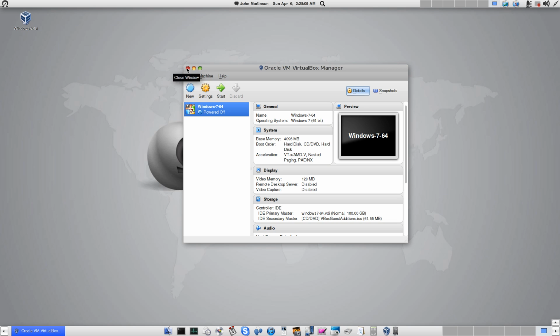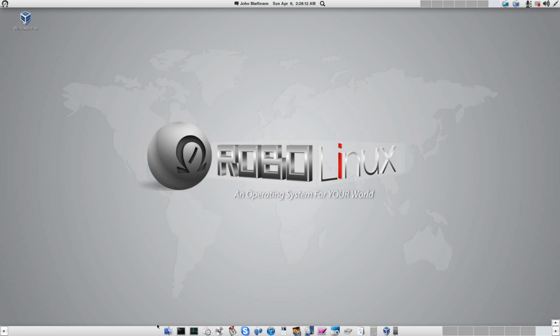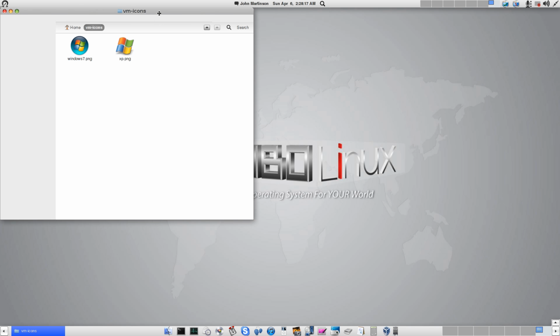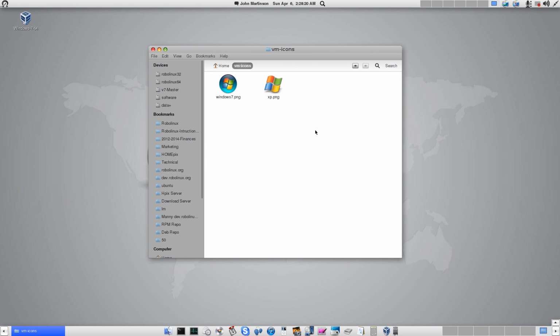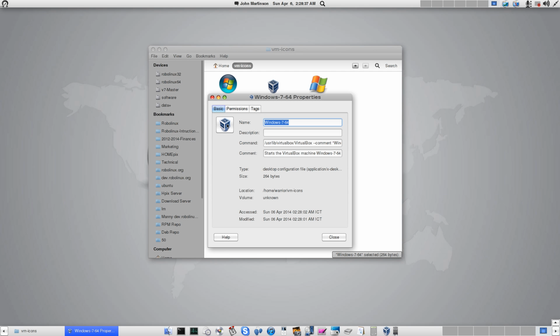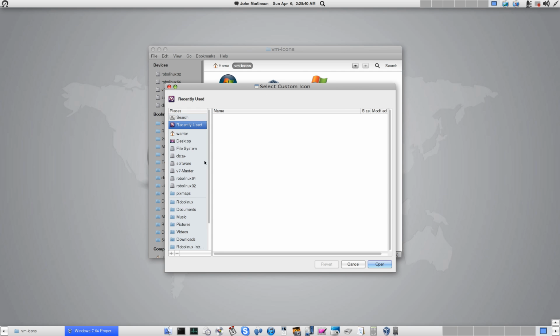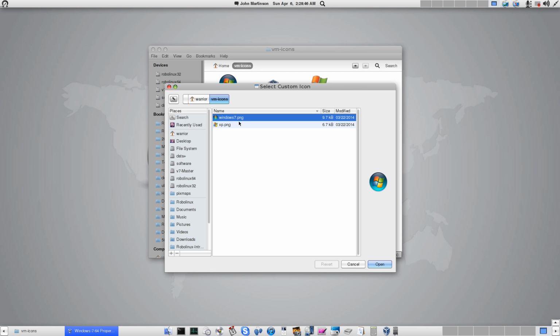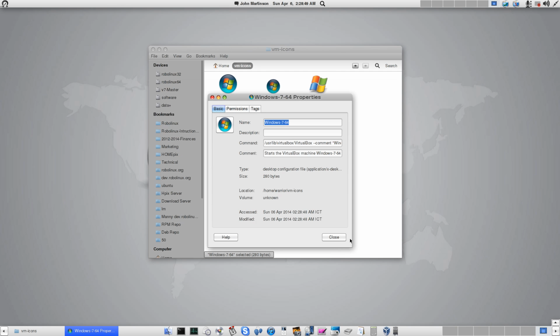So we're going to go ahead and shut down VirtualBox, and we're going to go to our file manager in Linux, and we're going to go to the VM icons folder that Robolinux put there for you during the installation of your Robolinux VM software. So now what we want to do is just drag that shortcut into the VM icons folder and right click it, and we're going to program it by clicking top left here, and we've got to navigate down to our VM icons again in our file manager and pick Windows 7, and now we have a nice Windows 7